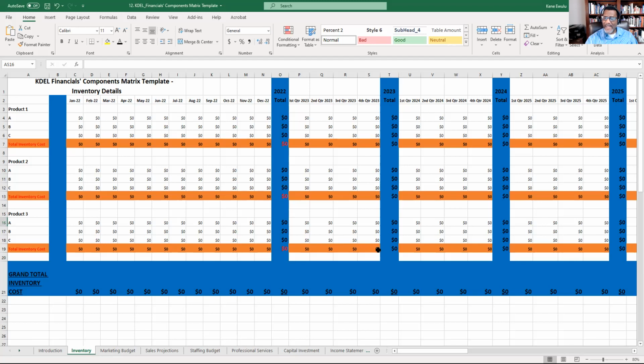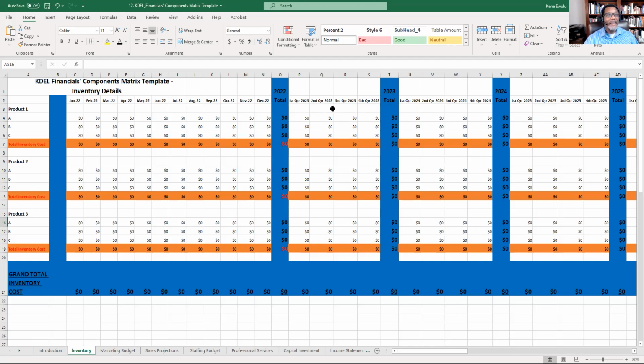As you see this screen right now, sharing the screen, this is the matrix that KD leadership has prepared. This is your inventory details. And you can see here, we're starting from January 22. From this blue line to this blue line is 1 year. From 2022 to 2023, we have a quarterly